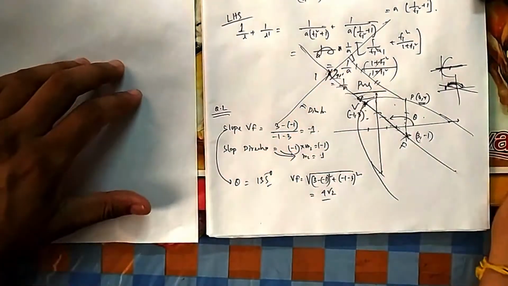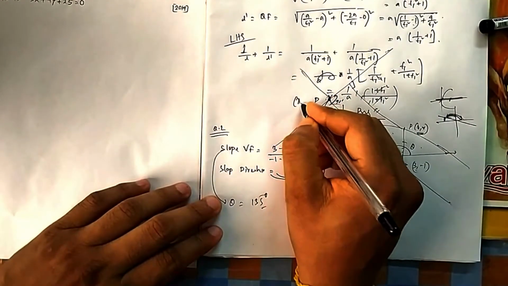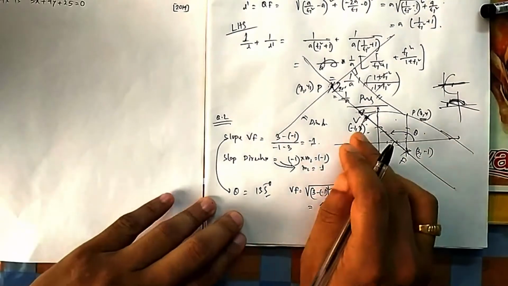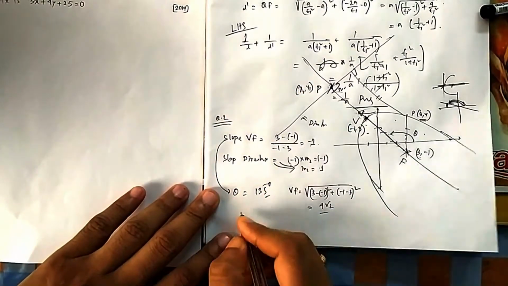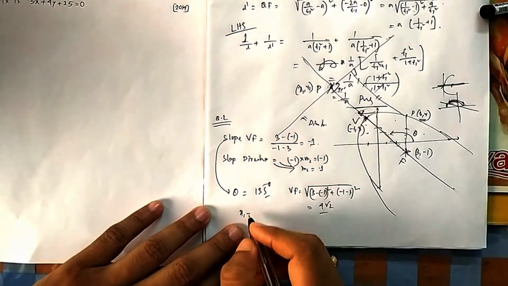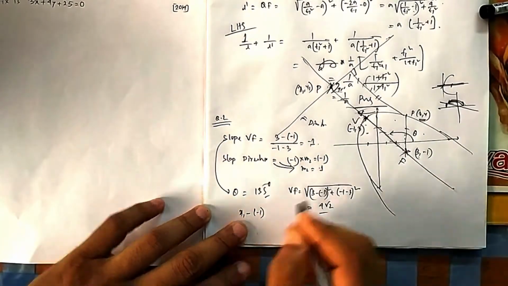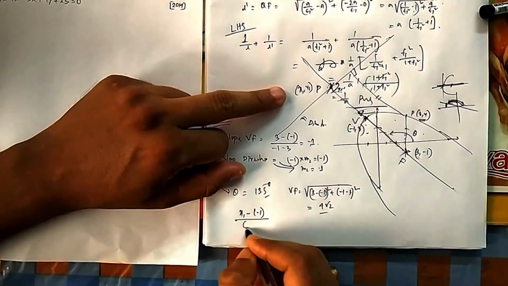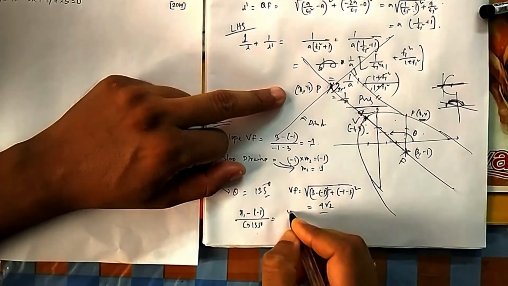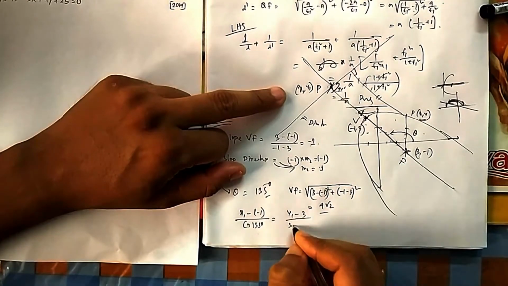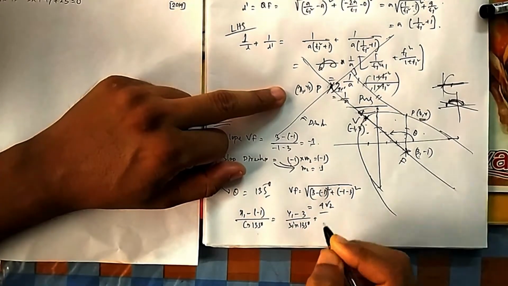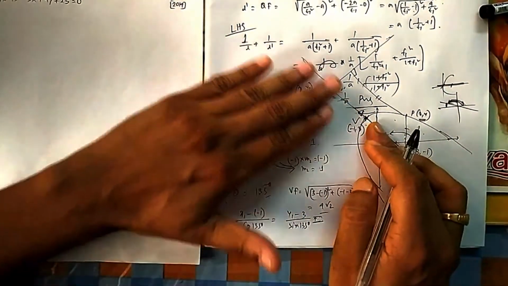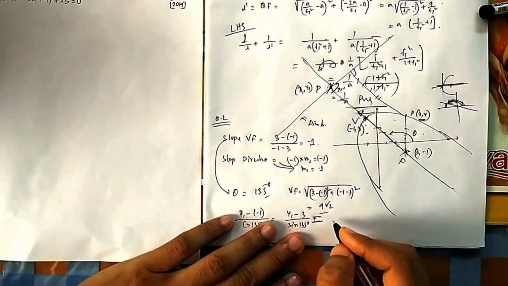Suppose the coordinate of the point is P, and I give it as x1, y1. I need to find this point x1. So what was the formula? I need to find this point using this point. So it was x minus x1. For me this is x. I need to go to the new value. From this point I want to go, (x minus this) divided by cos theta, cos 135, is equal to (y1 minus 3) divided by sin 135, should be equal to either plus r or minus r. You are moving up, from the drawing itself you are moving up. So up means it is plus 4 root 2.